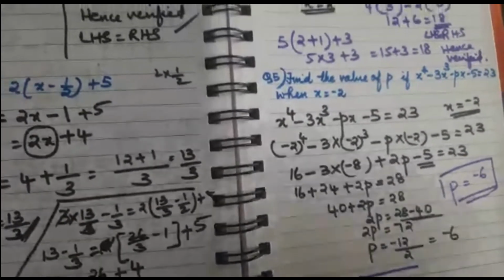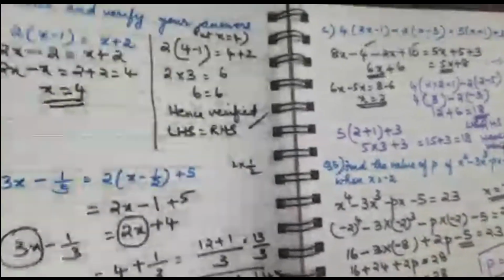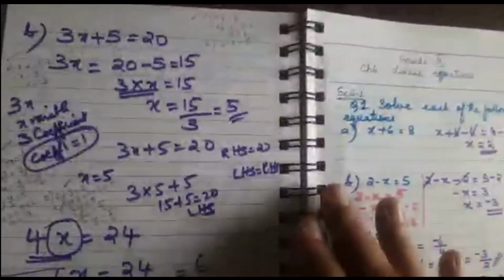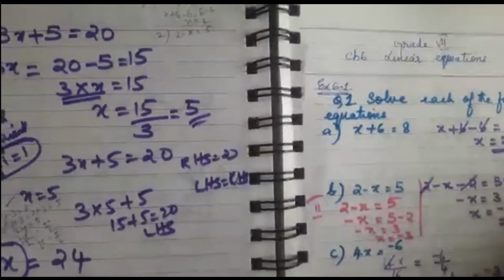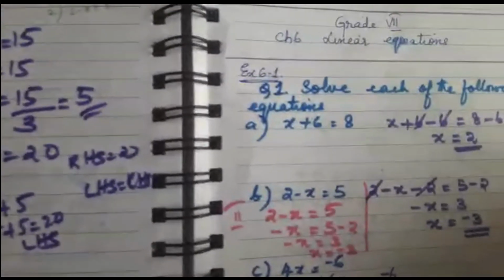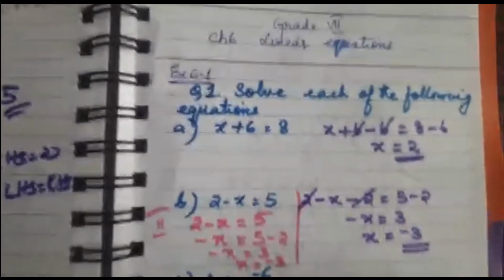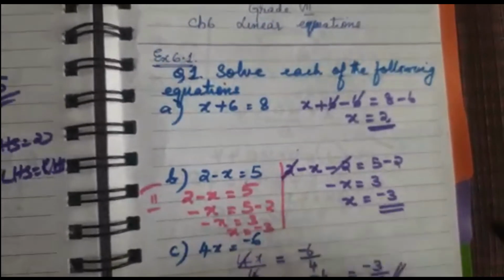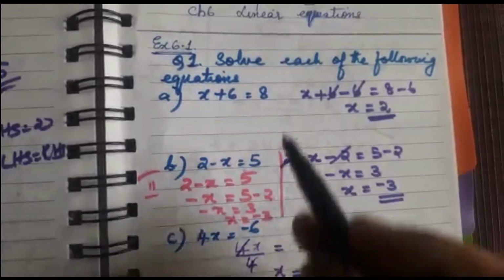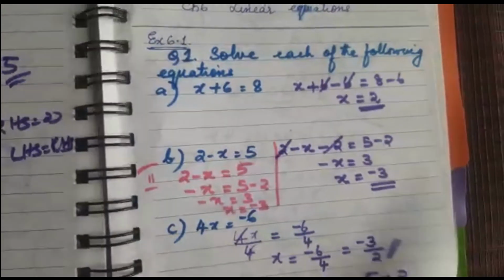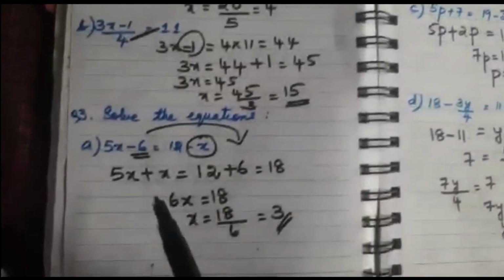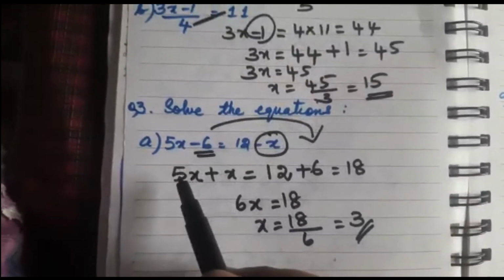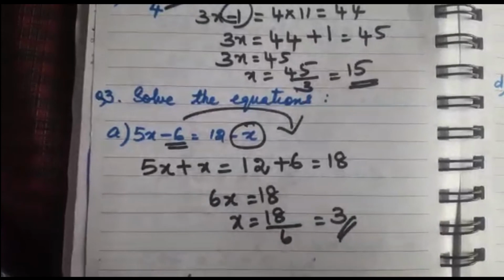So the first exercise is completed. Either you can use the rules of solving the linear equation, or else you can use transposition. Okay, that means you have interchanged the position. Here you have either added on both sides, or subtracted, or divided, and here you have used the changing, that means variable to one side and the other to the other. Okay, thank you.